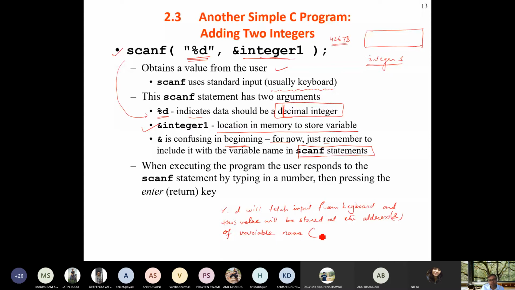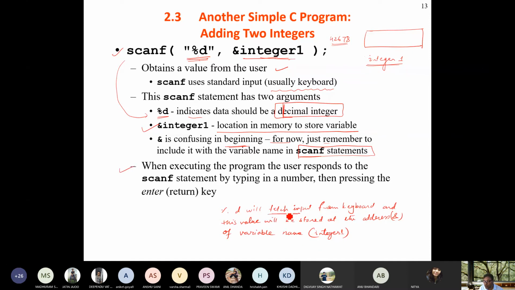What is the variable name here? Integer 1. Now is it clear to all of you? Yes, sir. When executing the program, the user responds to the scanf statement by typing in a number, then pressing the enter key. So this is our connection.